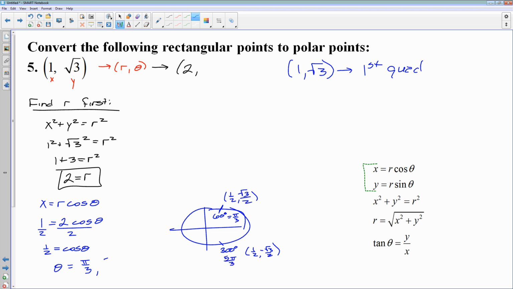Now, if you punched it in the calculator, you might get 5 pi over 3 as another option, but we throw that one out because it's in the wrong quadrant. So my final ordered pair is going to be 2, pi over 3. So once you get your theta and your r,